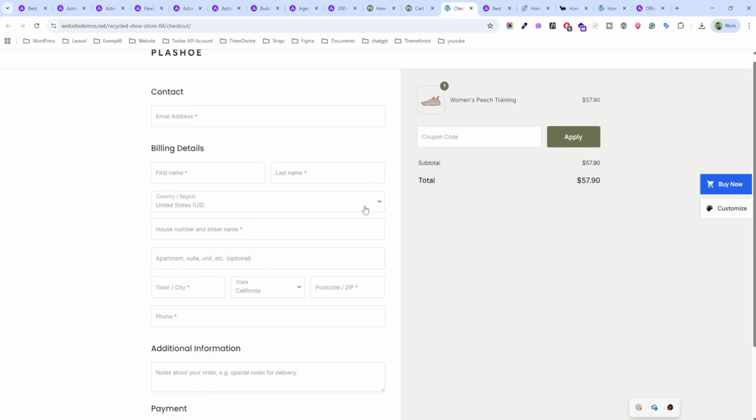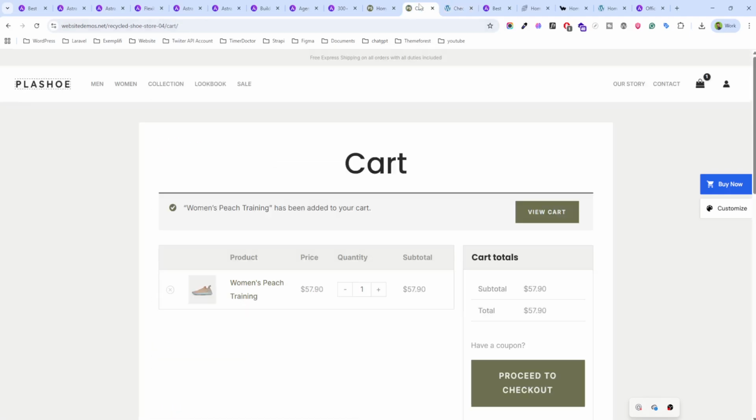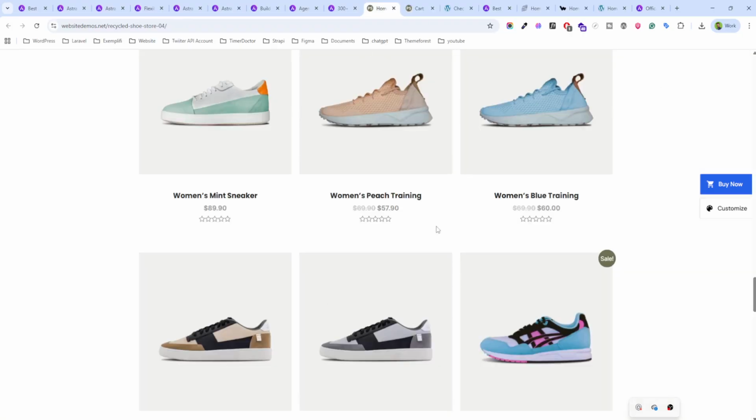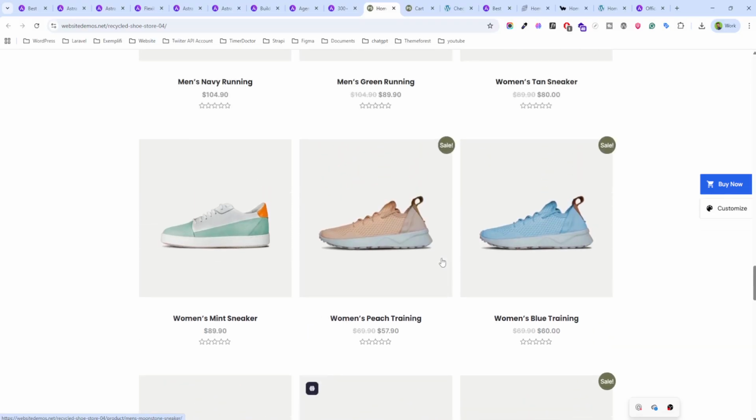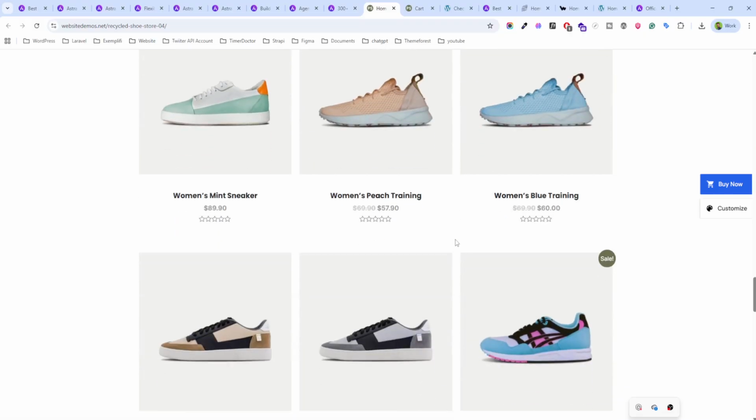These types of checkout pages are already designed and ready, this one the ready-made theme.